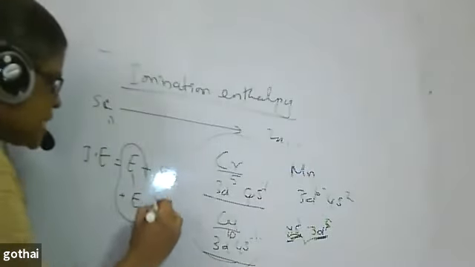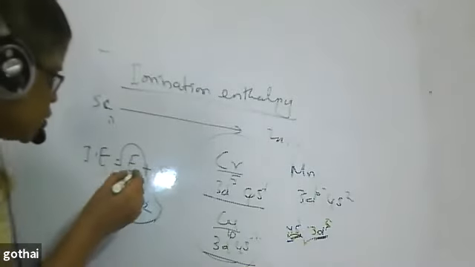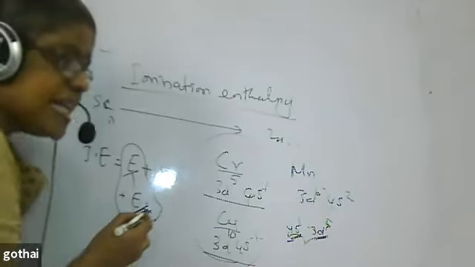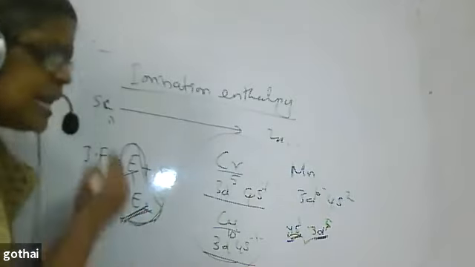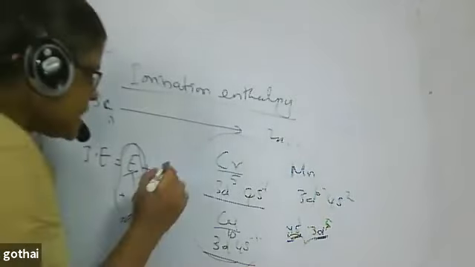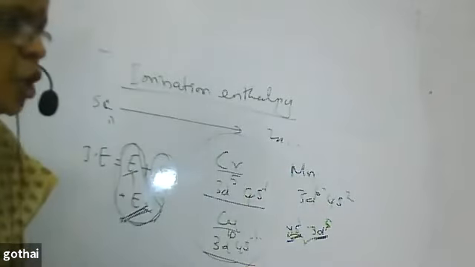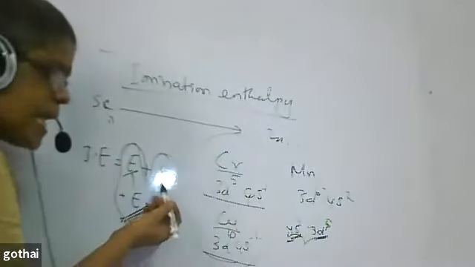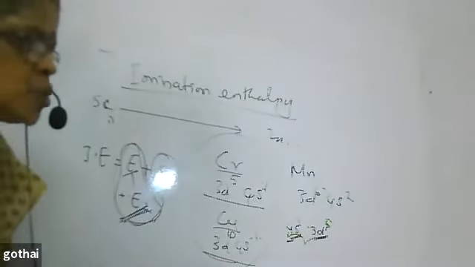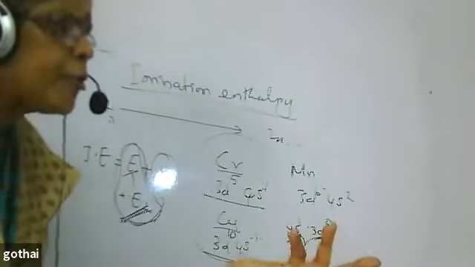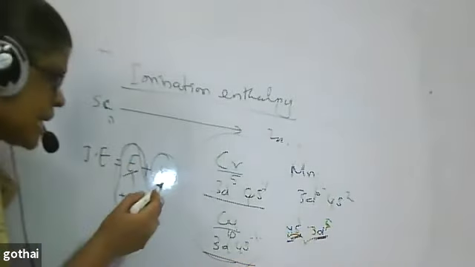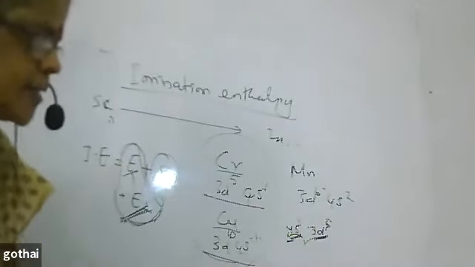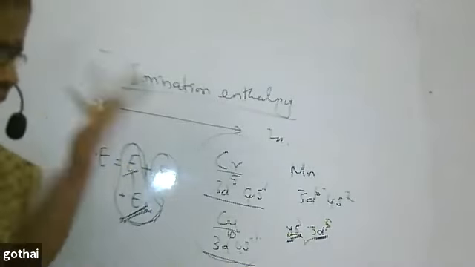This E1 plus E2 will be regular. E1 is due to the energy required to remove the electron. E2 is due to the increase of electrons in the d orbital. Therefore, there is regularity. But this stability arises only in few elements, not in all elements. So in some cases, this will get added up. So ionization enthalpy is not regular. That's the reason. Regularity of ionization enthalpy means there should be either a regular increase or a regular decrease. But it's not a regular increase or regular decrease.